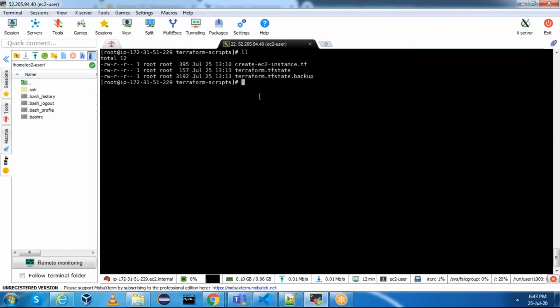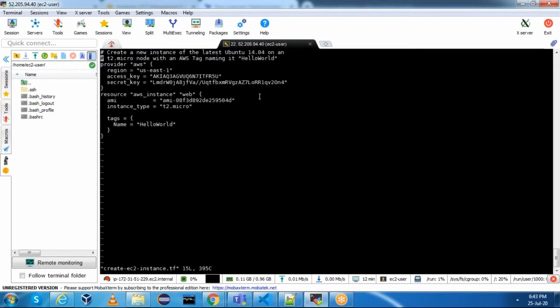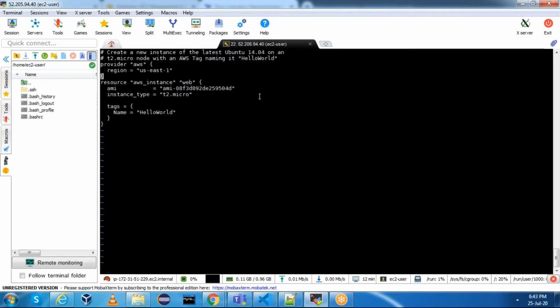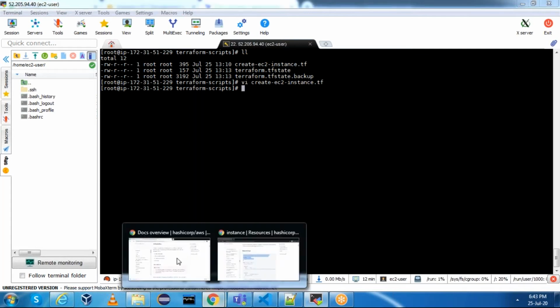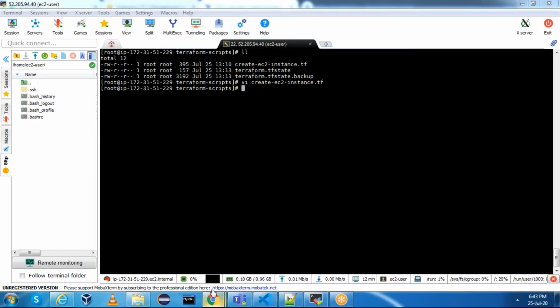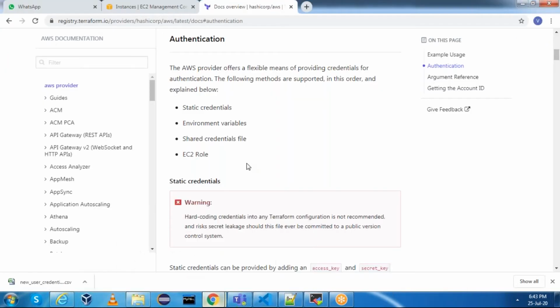It created a Terraform state file as well. That's okay. We can see that concept later. Now remove access key, secret key. Now, if we remove access key and secret key, how can we pass this to our Terraform script? For that, we can use environment variables. The second approach says go with environment variables.